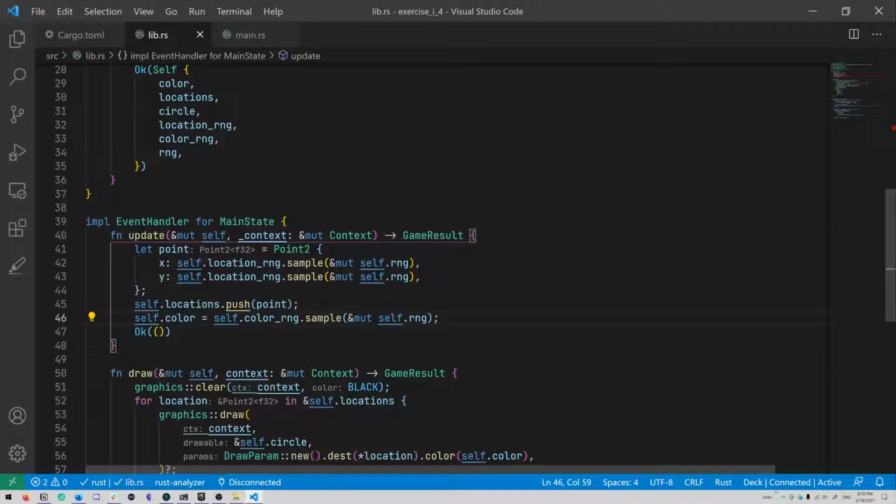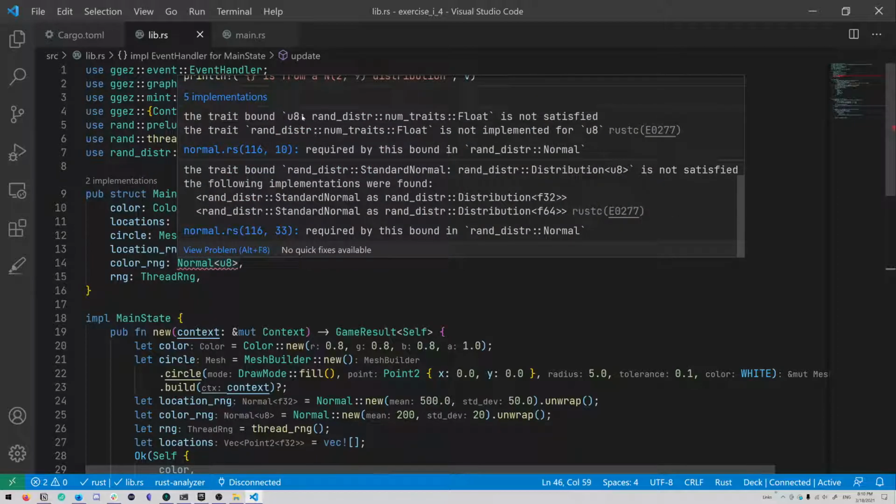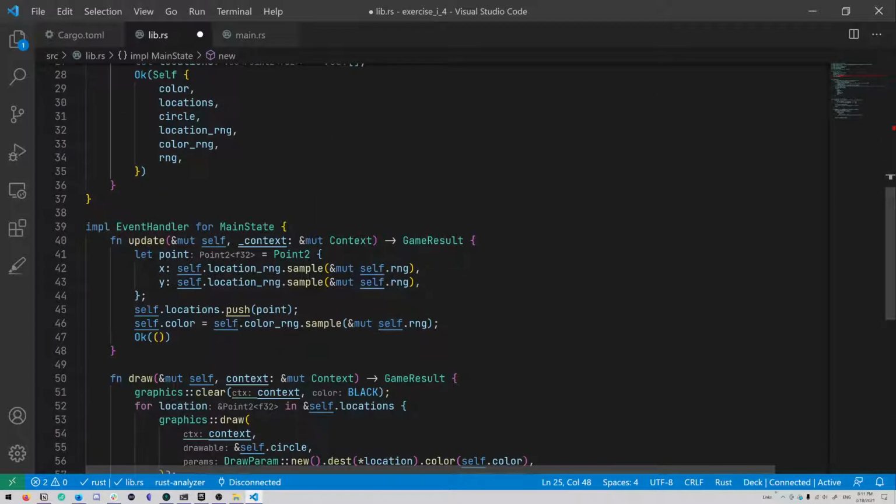Okay. What are you upset about? The trait bound U8: Distribution numbers float is not satisfied. Oh, so it has to be a float of some kind, like an F32 or an F64. So let's go ahead and actually set you to an F32. You will have to be dot 0 and dot 0. And then what we can do,